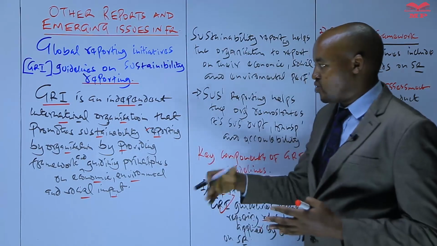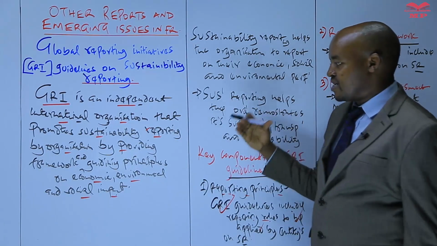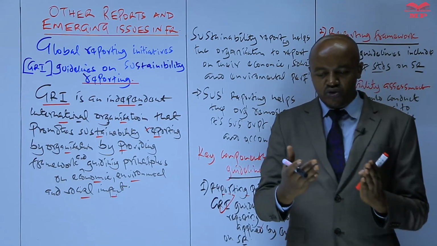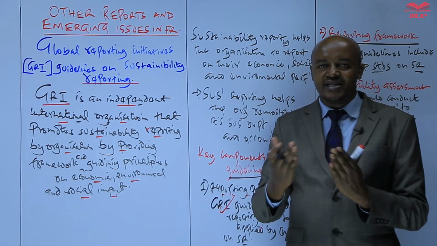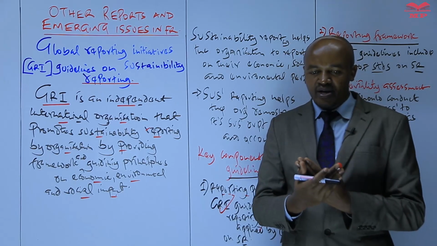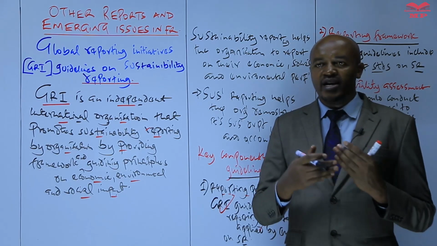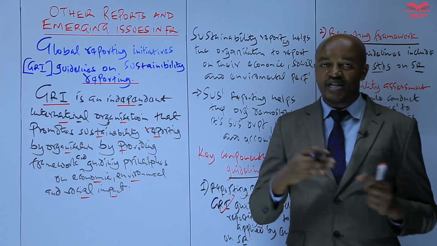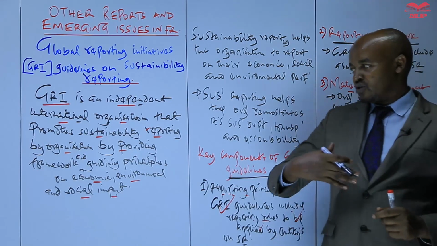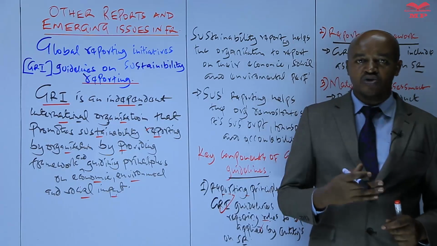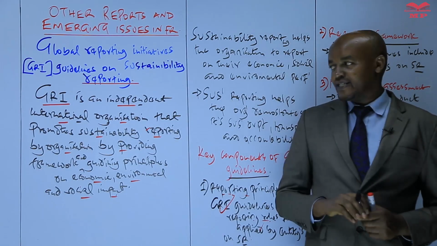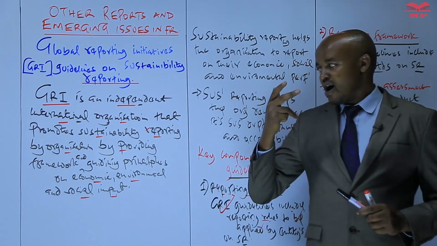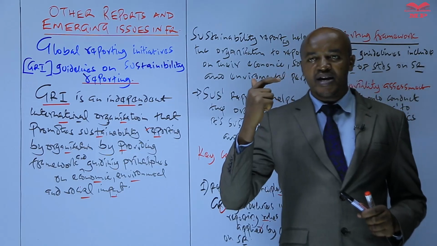Whenever an organization is reporting on these 3 aspects we have mentioned here, economic, environment, and social performance, then an organization should be able to conduct materiality assessment. So it should be able to engage various stakeholders to be in a position to know some of the topics the organization needs to report on, such that those topics which an organization will by the end of the day report on will be relevant. It can be used by the various stakeholders in terms of assessing the organization's economic, environmental, and social impact, or